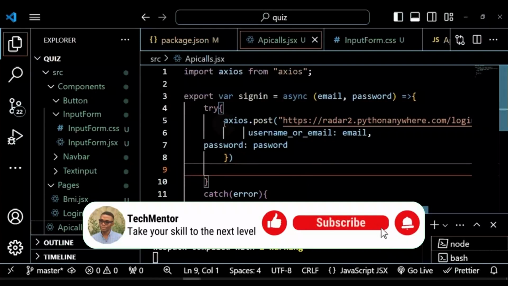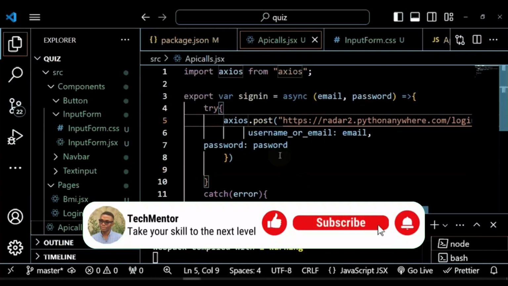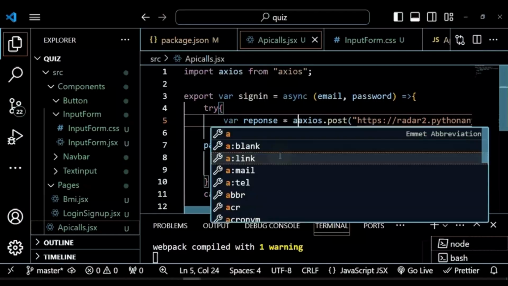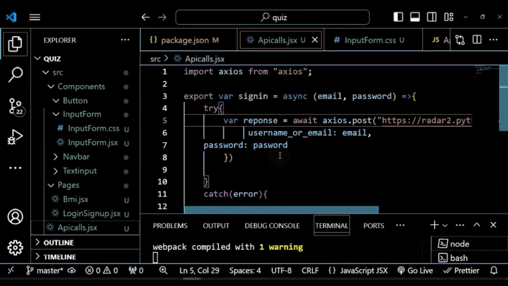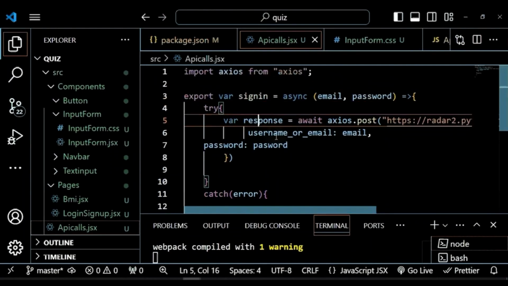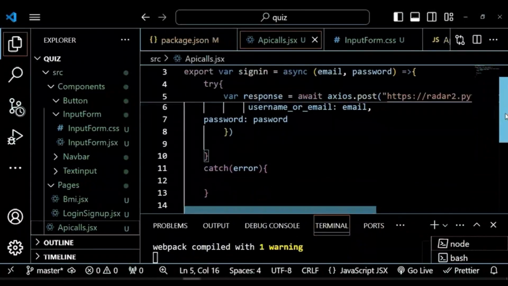Okay. So now this Axios HTTP call is going to return a promise. And so to handle that promise, let's assign what is returned to a variable called response, right? Now, what is returned from the Axios HTTP call will be a promise. To handle that promise, you use await, right? You use await. Now, response, right? So,